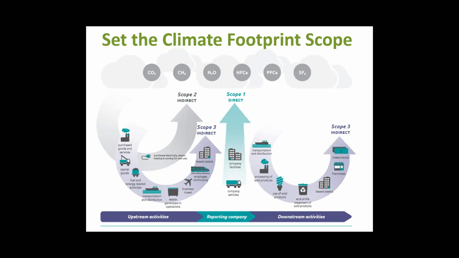First, you have to assess the climate footprint, and the very first step in that is setting the scope of your climate footprint. So this is actually a chart straight from the WRI GHG Protocol, which you may have heard of before. That's the World Resources Institute, a group which has developed a standard which sets up some guidelines for establishing climate footprints, and this is straight out of their standard. And the steps to setting the scope are you determine what is included in the footprint.